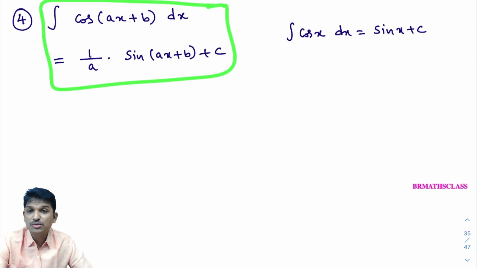I can do this problem by the substitution method. I can explain very neatly to you. But the point is you need to know how to write this answer directly. Later in the coming exercises, every time we cannot do the substitution method, we will write the answer directly. I strongly recommend all of you to learn this model. What is this model? You learned 19 formulas in the first class. In all 19 formulas, if ax plus b is present in place of x, we can write its answer directly.